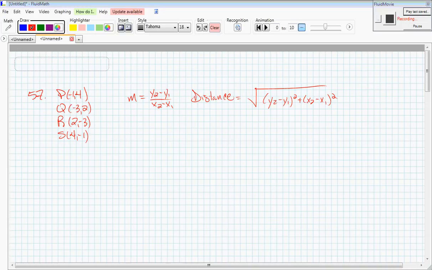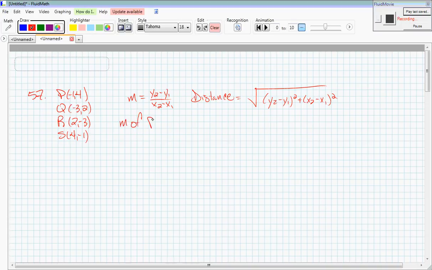In 55, we found the slope and the length of each side and compared those. That was actually a total of 8 calculations, 2 for each side. In this case, we're going to do 4 calculations, 2 for each diagonal. Now, because these vertices were given in consecutive order,